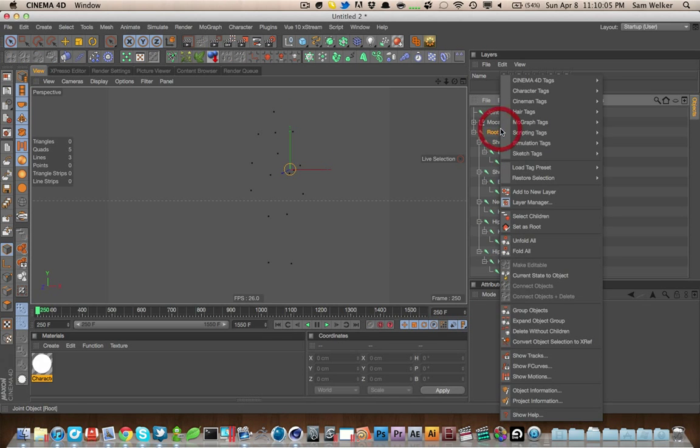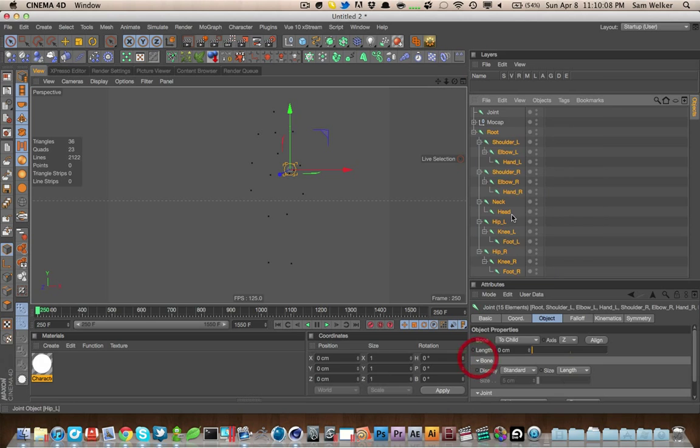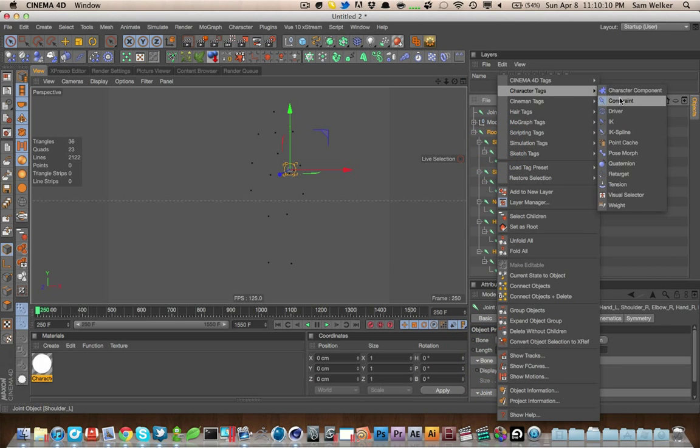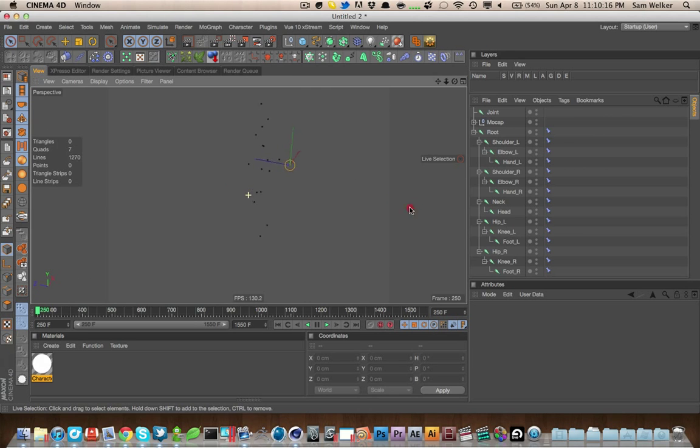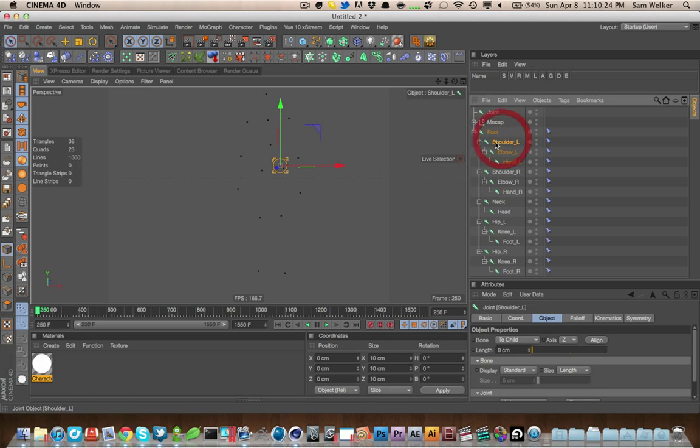And we're good. And every one of these needs a constraint tag. And this is a really basic hierarchy. No specific controllers on any of these. They're all FK, by the way. We don't have any IK rigs. They're all just a normal rig. A normal rig meaning that if you rotate the left shoulder, since the way the hierarchy works, you will also be rotating